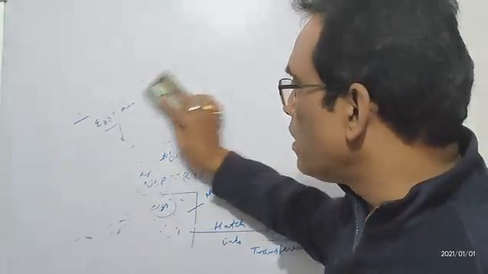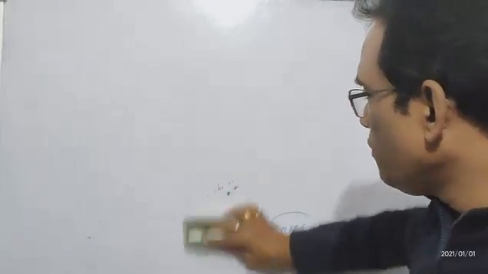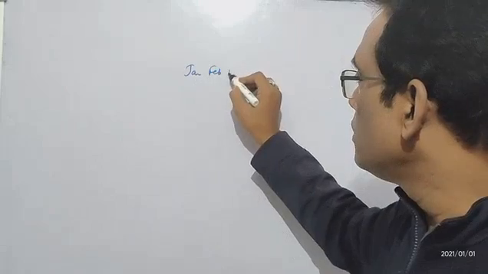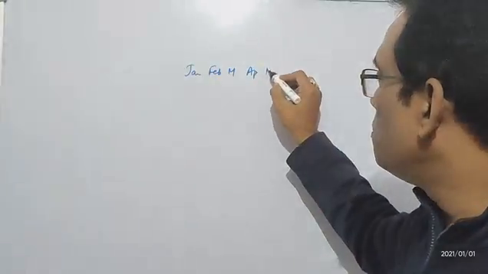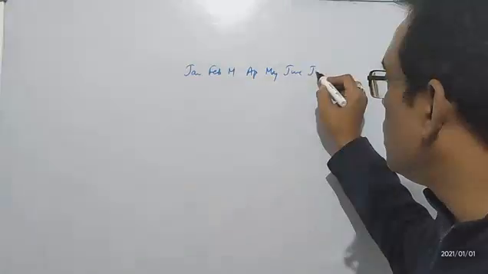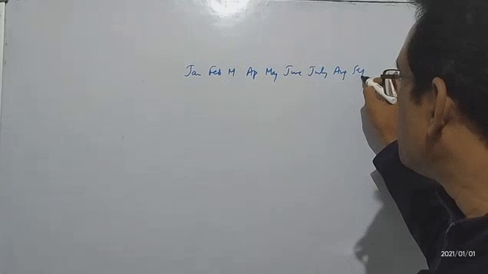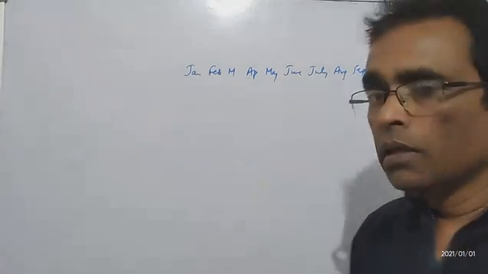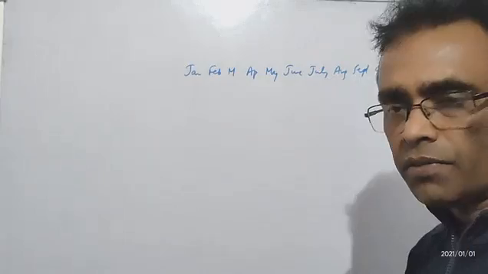The most important part of this is, as I told you, every female lays eggs only once in the monsoon season. Monsoon season in the sense, let us say it is the month of July. So January, February, March, April, May, June, July, August, September, October, November and December. An adult fish, female fish, releases the egg only in the month of July.